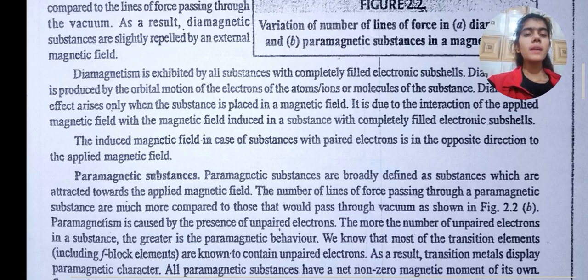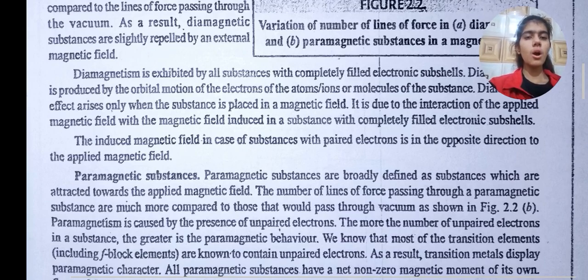Paramagnetism is caused by the presence of unpaired electrons. The more the number of unpaired electrons in a substance, the greater is the paramagnetic behavior. We know that most of the transition elements, including f-block elements, are known to contain unpaired electrons. As a result, transition metals display